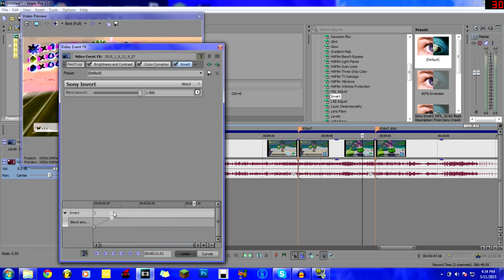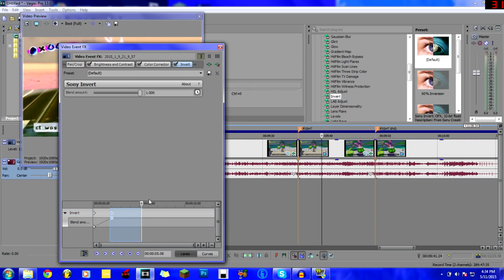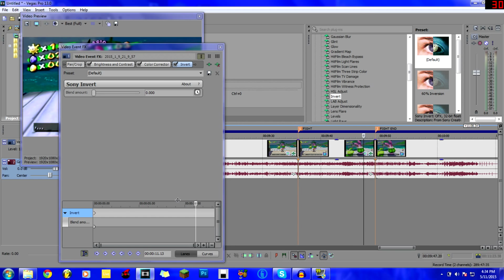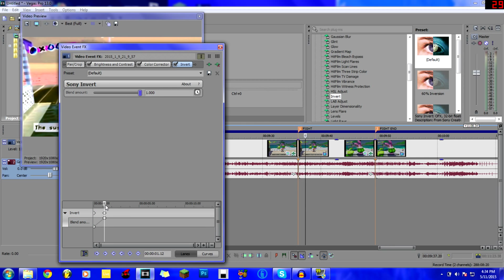What you can do is, if you want it to stay inverted, just hit Control C or right click and hit copy. Drag this all the way over here. Oh, my bad. Messed up there. So we want low, then we want to set the thing to invert, and then you go over here. Another trick to doing it is if you actually just drop it by a teensy bit,